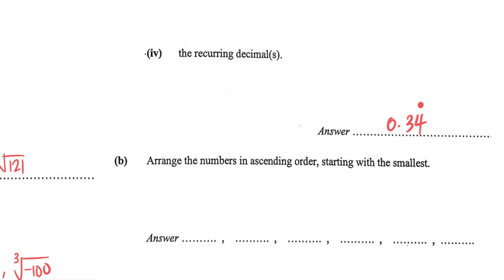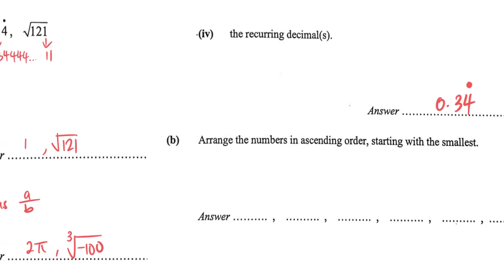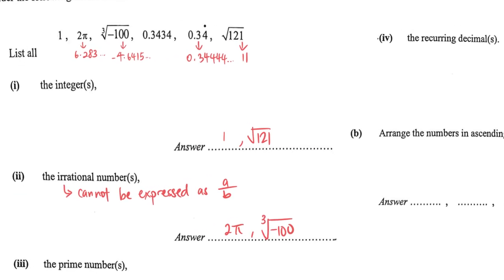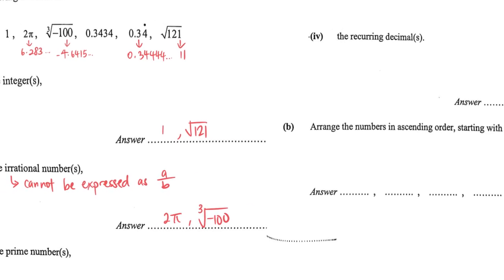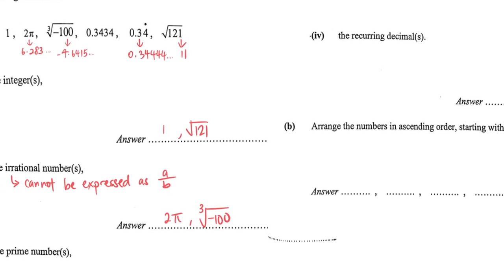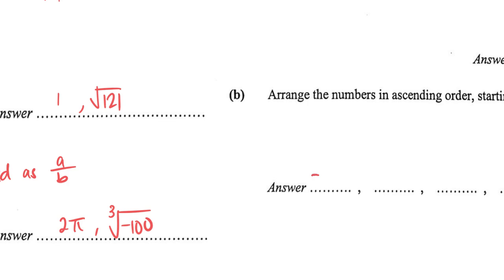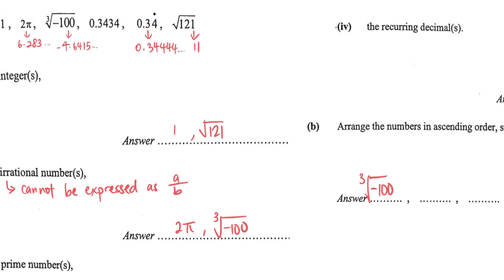And now, arrange all the numbers in ascending order. Given the smallest would be the negative number, square root of negative 100,